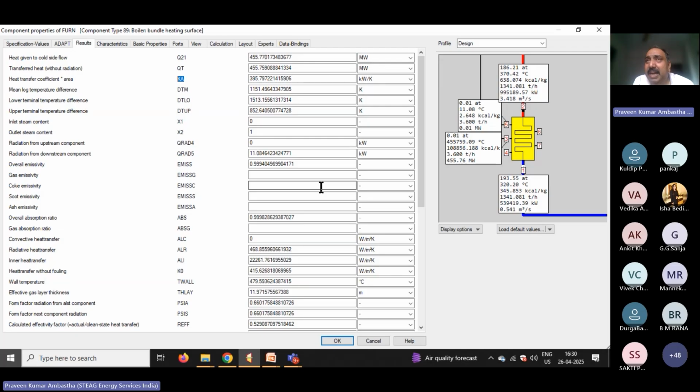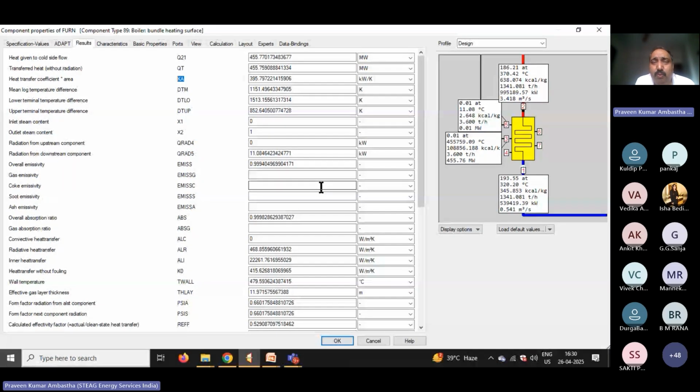So when I have clean heating surfaces, I must have a very high heat transfer coefficient. But when I have a dirty surface, I must have a very low heat transfer coefficient. Please understand that the efficiency or the dirtiness completely depends upon the heat transfer coefficient of that surface at that time. So from this digital twin, generally we find out the condition of the heat transfer,